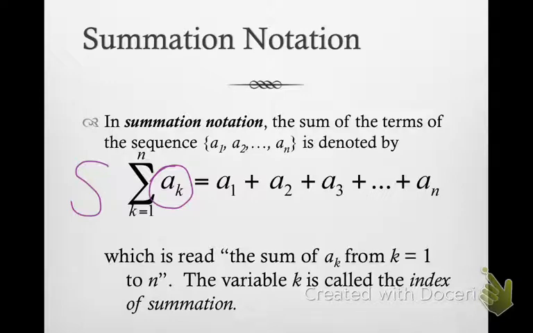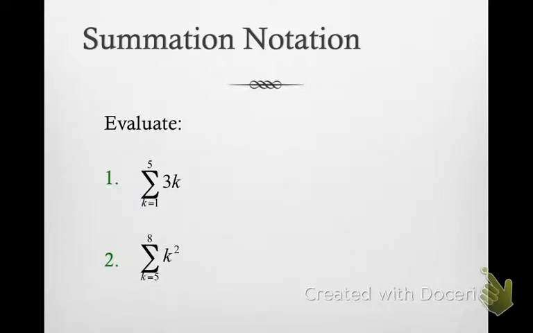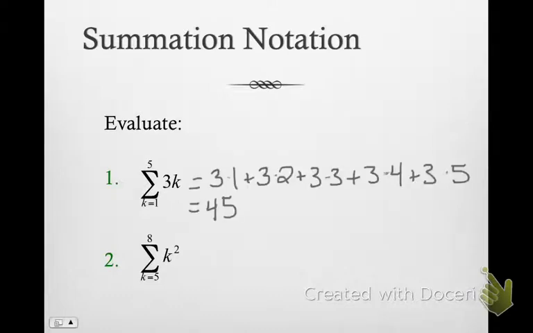So for example, and pause that if you need to, this says take the first 5 terms of the sequence defined by 3k. So what that looks like, altogether, 3 times 1 plus 3 times 2 plus 3 times 3 plus 3 times 4 plus 3 times 5, which altogether equals 45. For number 2, we're told to start at k equals 5 and go to k equals